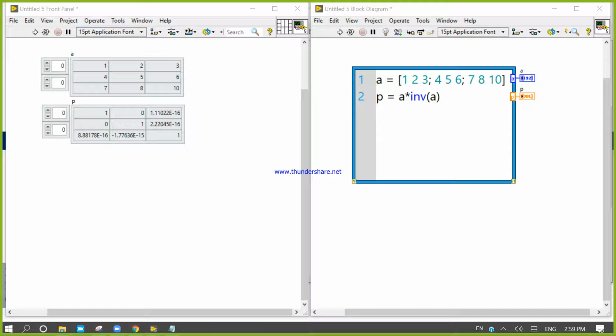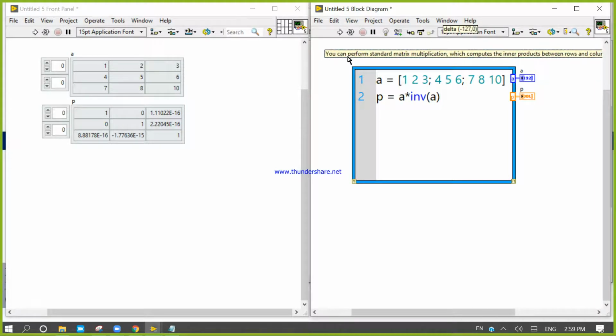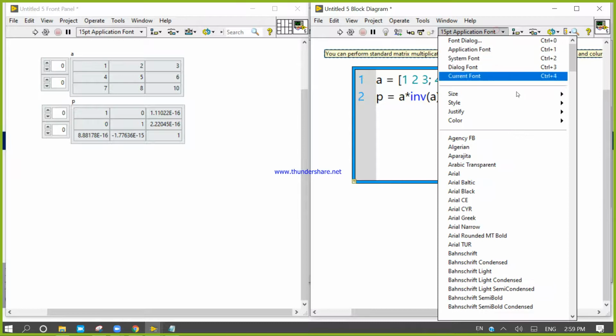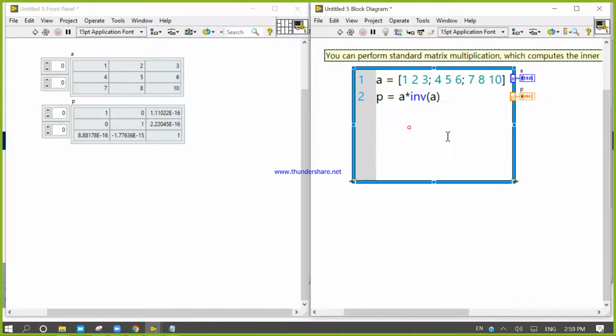So you can perform the standard matrix manipulation using the multiply operator, and you can compute it.